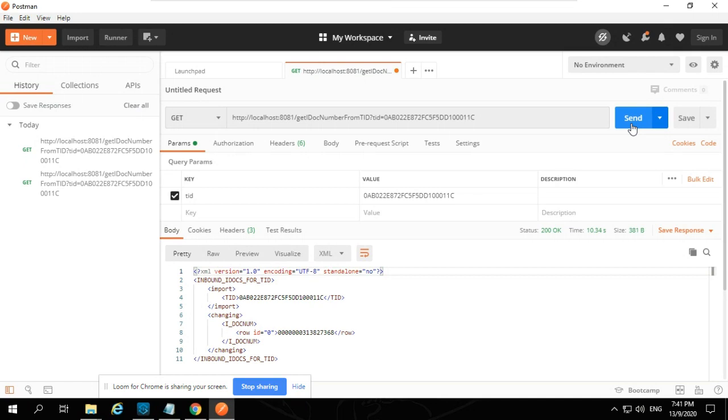Attribute, we have set it as a variable, right? So this I have assigned as a TID, and then I have a transform message which passes this TID value to the actual input of our RFC method. The RFC method has a specific input format where we have to map it under the import section, where there is a TID field where we are mapping it.